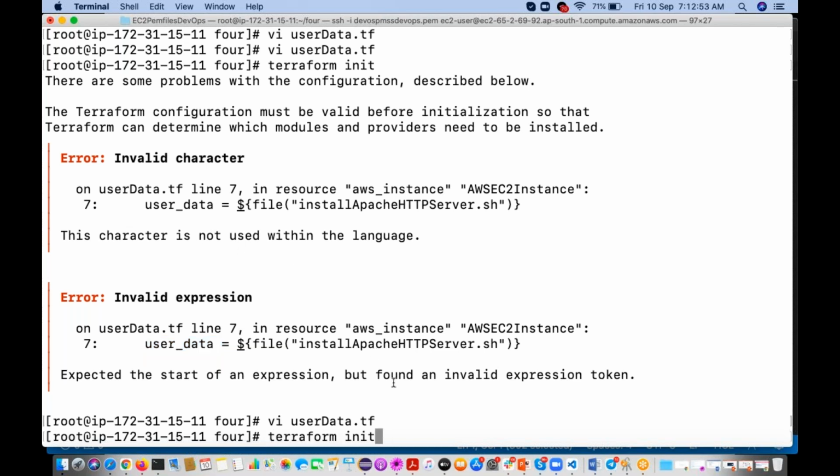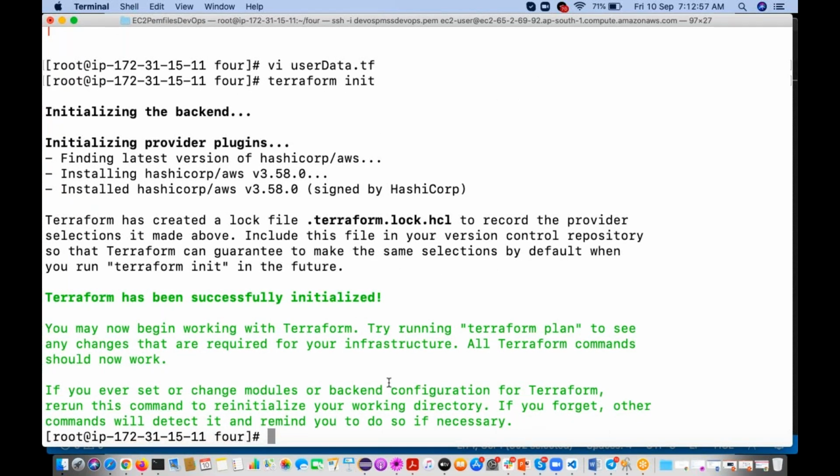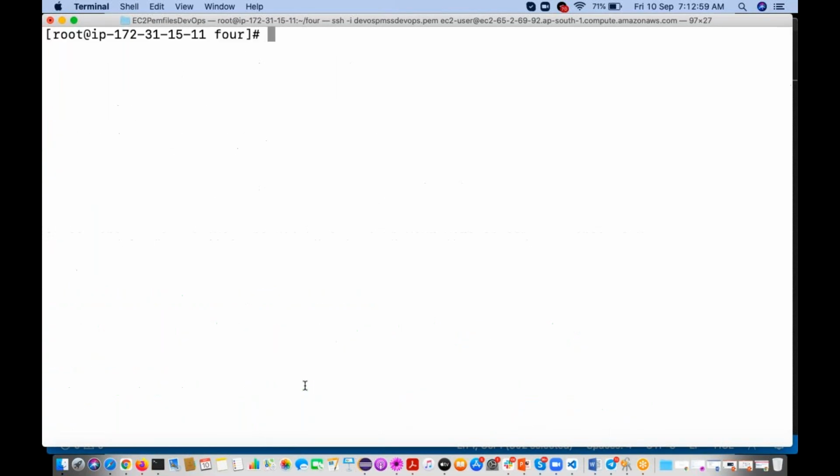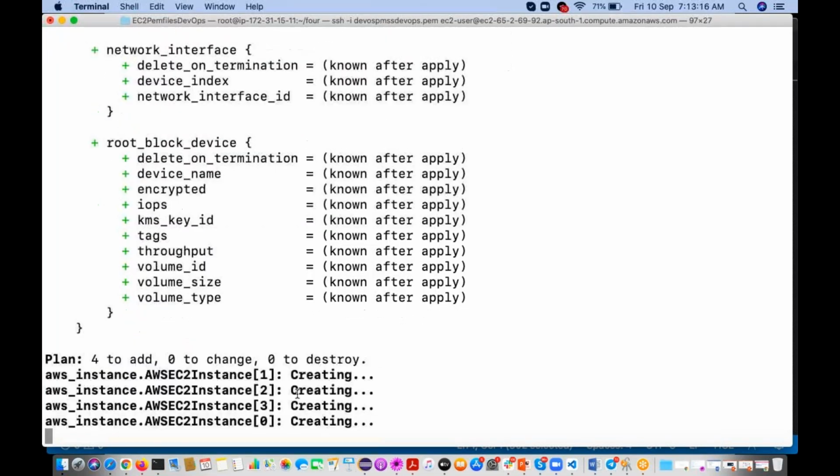Run. See, now you can apply it. Terraform apply -auto-approve. Oh, 4 instances it is. Okay.